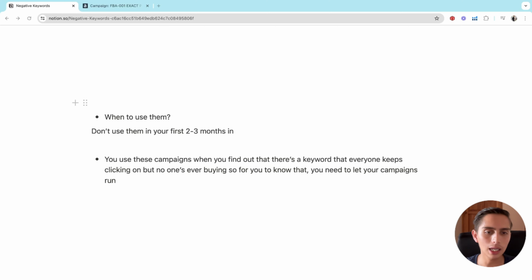You use these campaigns when you find out that there's a keyword that everyone keeps clicking on, but no one is ever buying. And for you to know that, you need to give it time. You need to let your campaigns run. Okay, so don't be in a rush. Don't start setting up negative campaigns within your first 2, 3 weeks, a month, 2 months, because there's not